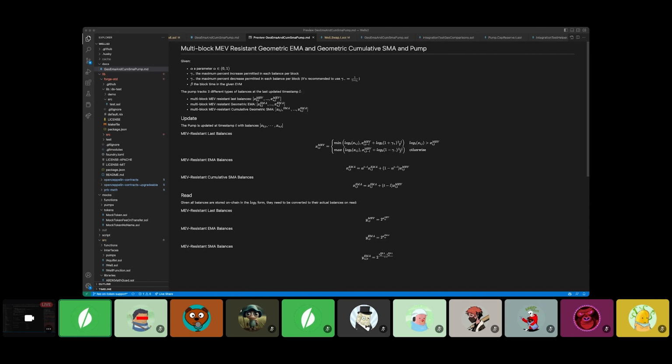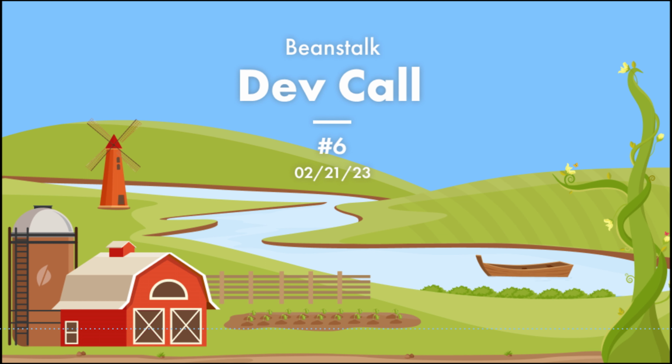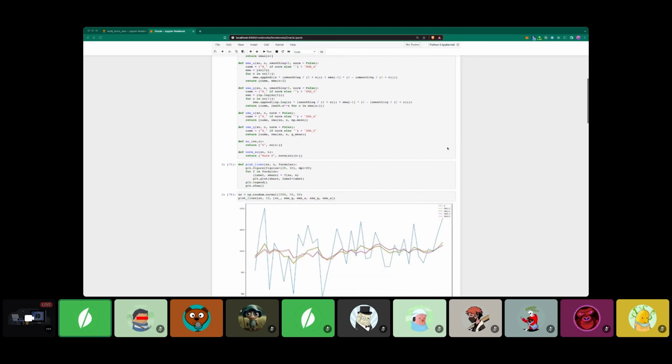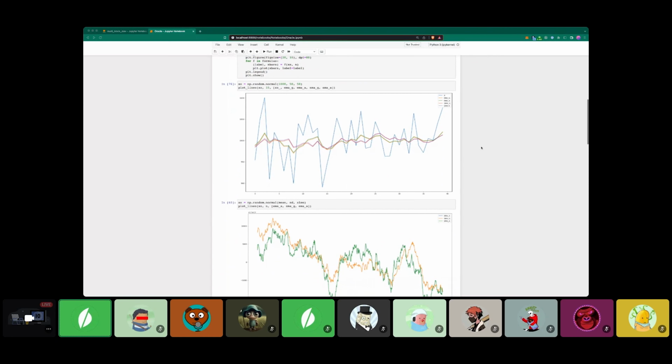Let's share the screen. Awesome. So here are some very simple graphs showcasing